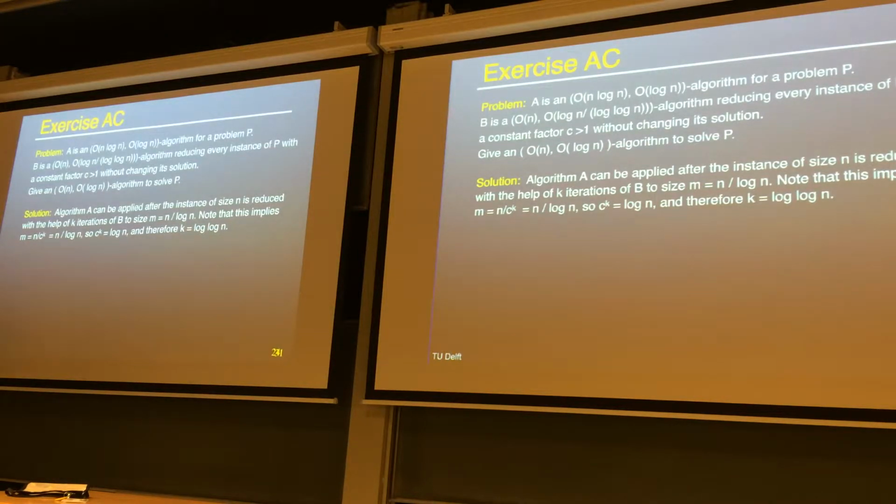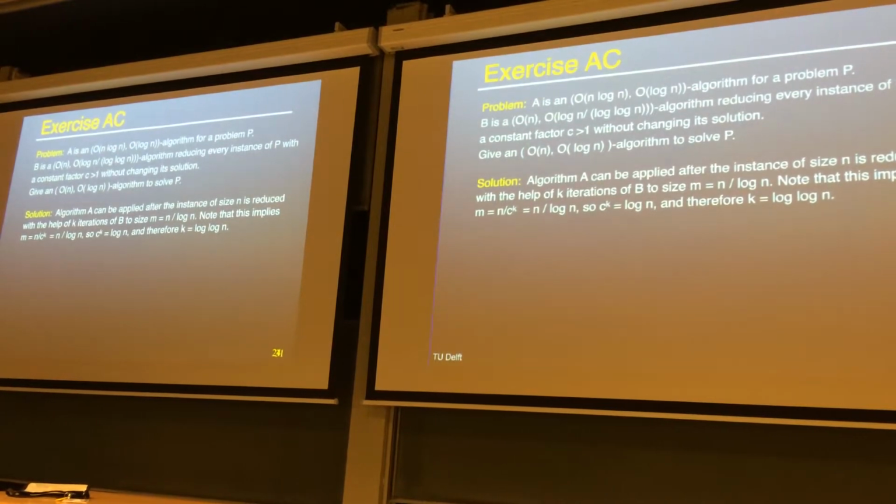So this is an idea of improving algorithm A. Now, the idea here, of course, is B should be used in the iterative phase and A in the final phase. But here you see that you can't apply A initially. You need B because here you need O(n log n) amount of work. So A can be applied after the instance of size n is reduced with the help of B to